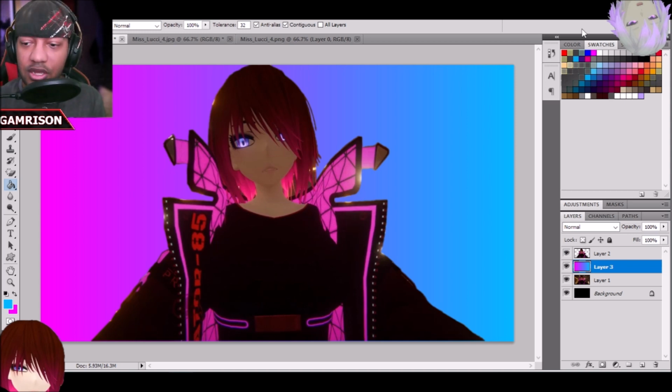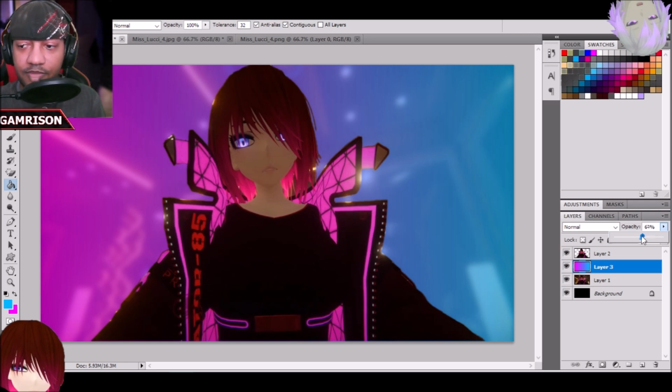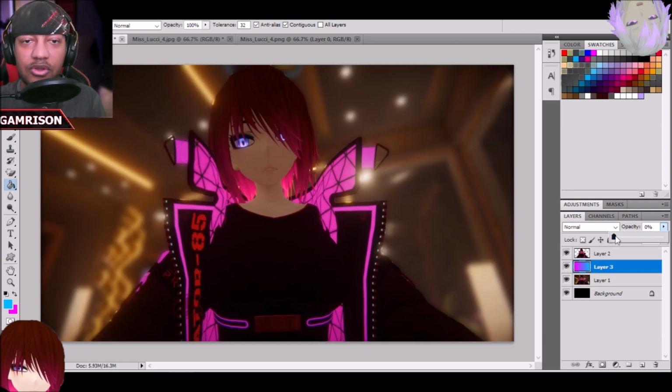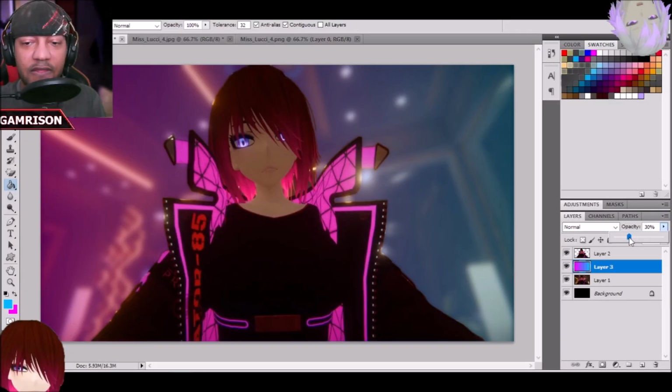Not exactly. On the right hand side, whenever you're on a layer, there should be options right above the layers, like fill 100%, normal, opacity 100%. Take the opacity and then lower that. It depends how much you want to lower it. Obviously, if you lower it to 0, it's not going to be there anymore. But then depending on how much or how little you do that, that's now where you can see the background. Now, the blur tool,